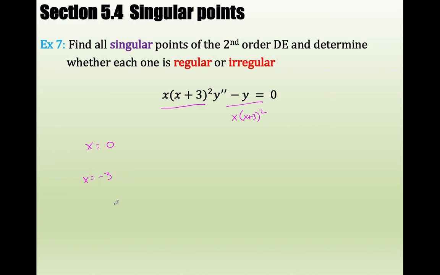Two, right? So 2 points of singularity. So now I need to, remember I did this already, so that goes to 1. I don't have a y prime, so remember what my restrictions are. How many times does the factor x minus the point of singularity to the n